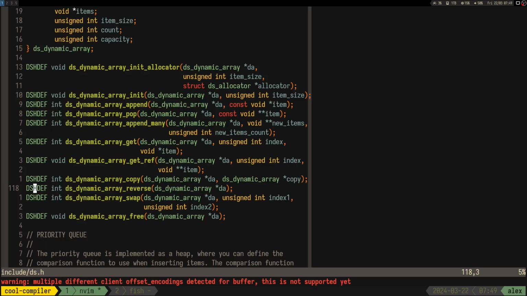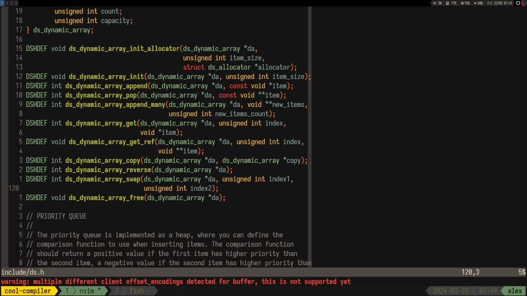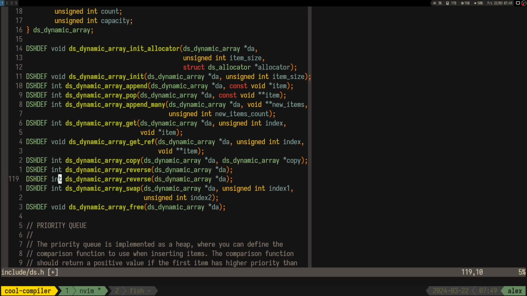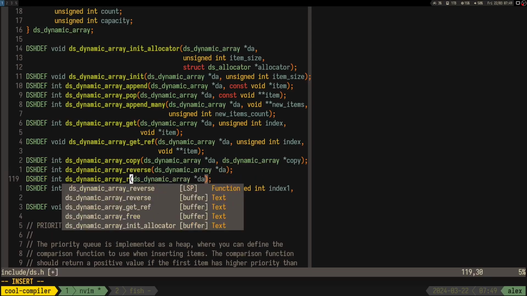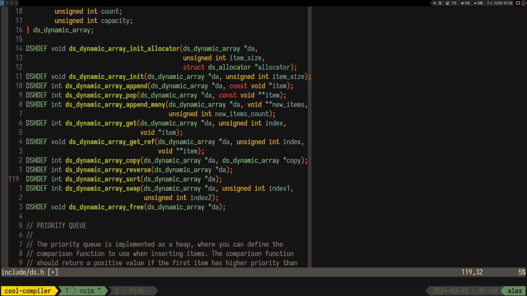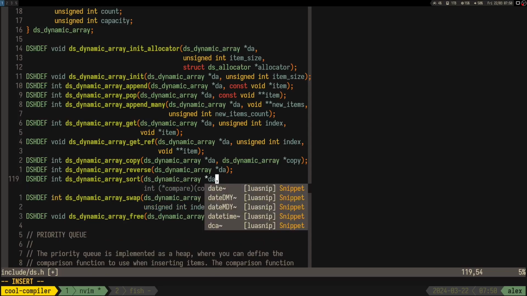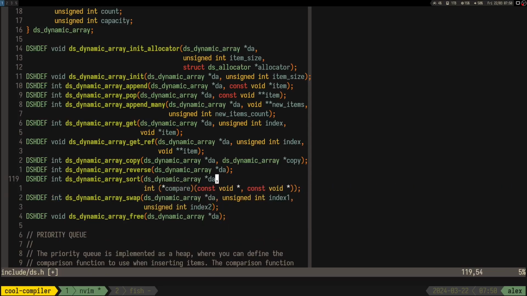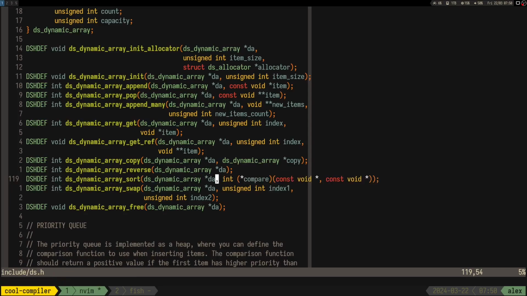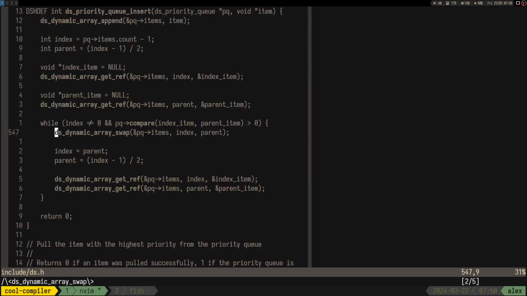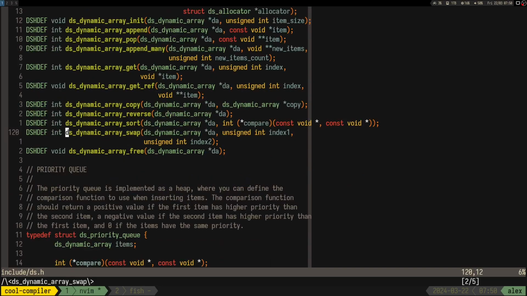I guess it would be fun to have. We already have swap. So let's try to do it here. Why not? Yes, dynamic array, because it's gonna be like two things at once. So we are gonna have sort and the compare function between two elements. We already have swap, which is